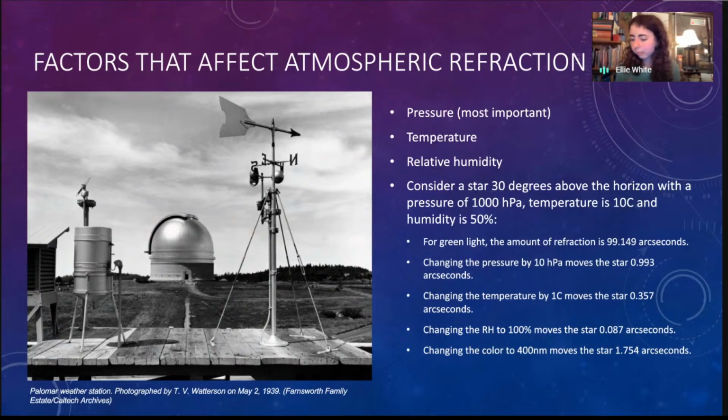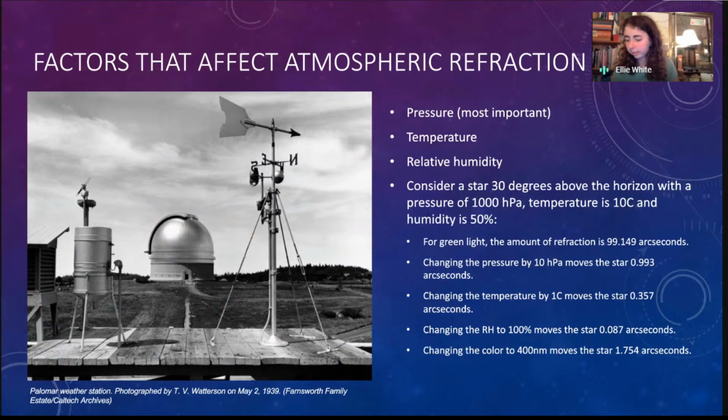The amount of refraction depends on how much light is bent by the air, which depends almost entirely on the pressure at your site. And temperature and relative humidity also play a role. In addition to this, color matters. So I'd like to talk a little bit about how each of these factors creates an impact. Because the air pressure at a given site changes by only a few percent, for many users a fixed refraction correction is good enough. That's all that you need. But for even better results, it's best to take account of weather readings.